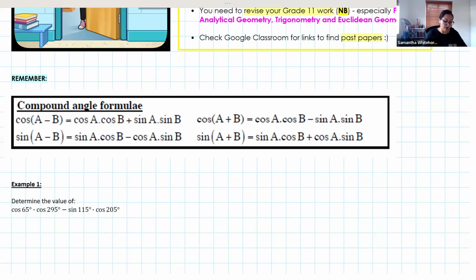All right, so these are our compound angle formula. We're now going to practice actually putting it into use. So this first example that I have here is actually sort of what we were doing already on